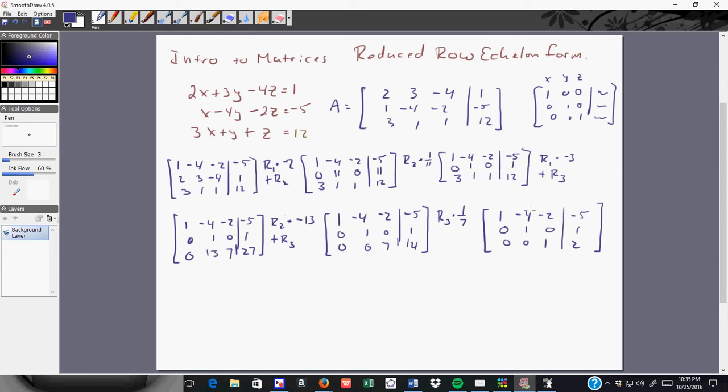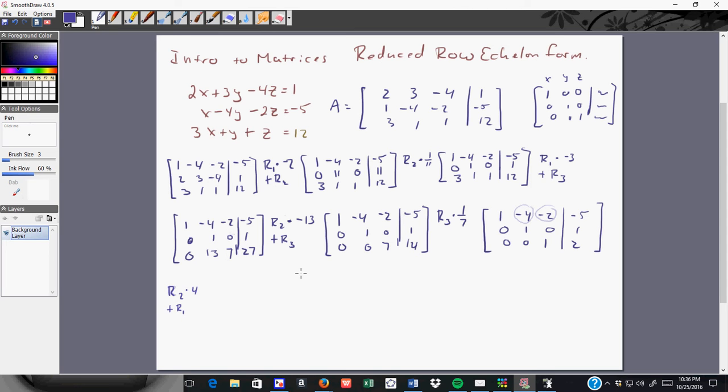I now need to make this value into a 0, and I want to make this value into a 0. So you can see if I multiply row 2 by something, how about 4? I can get rid of the -4. And I'll multiply row 3 by 2. So let's do that. I'm going to multiply row 2 times 4 and add it to row